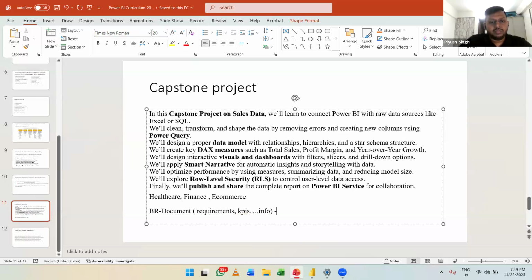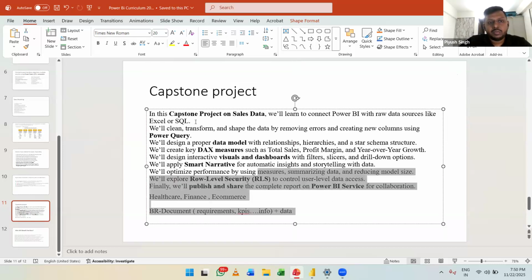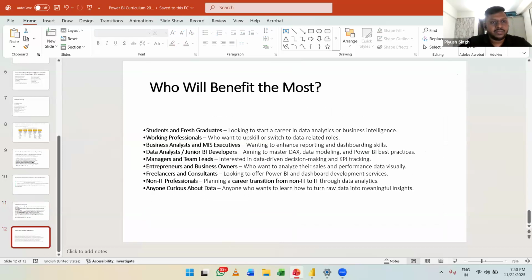Plus you will get access to data also, and you will build the capstone project which you can use in your resumes also. And of course I'll tell you how to showcase a project on LinkedIn and Git, and how to use it in multiple fashions so that you attract more and more opportunities for yourself, right?